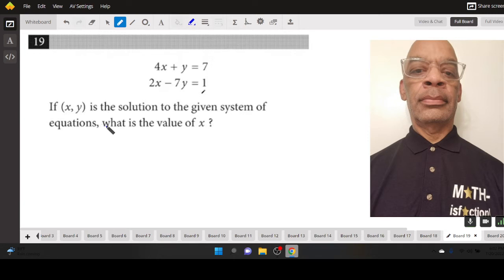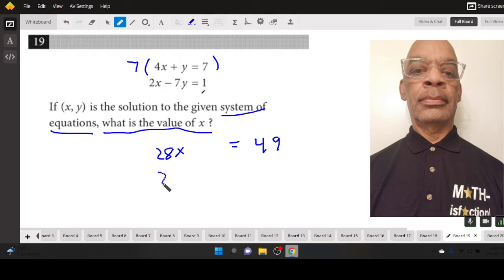(19) What is the value of x? System of equations. Find the value of x. Need to eliminate y. I'm going to multiply the top equation by 7. It's going to give me 28x. 7x and negative 7y will cancel. It's going to equal